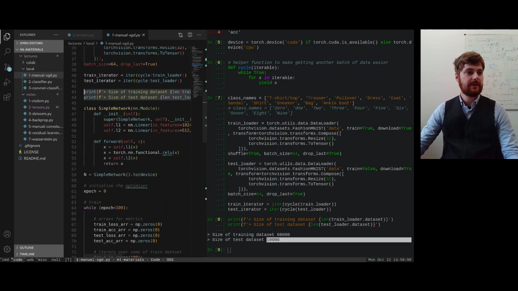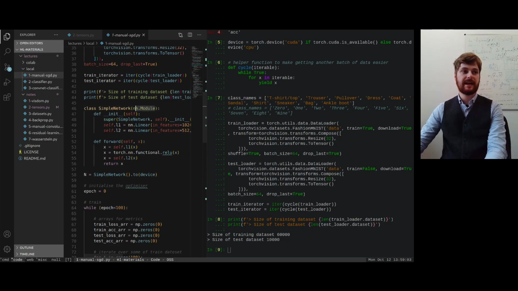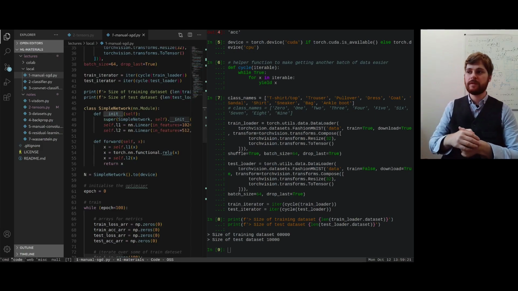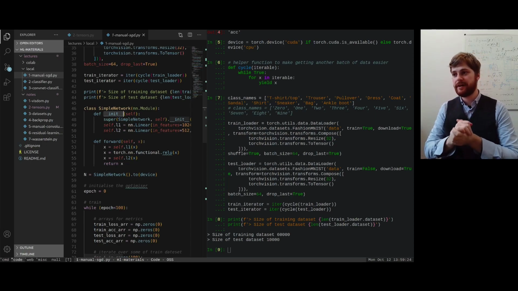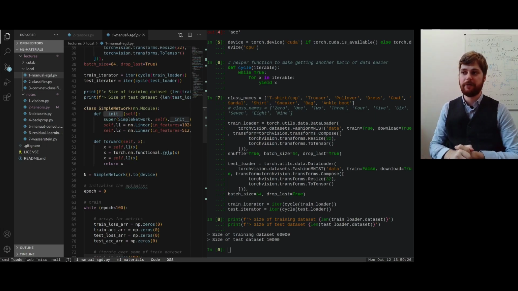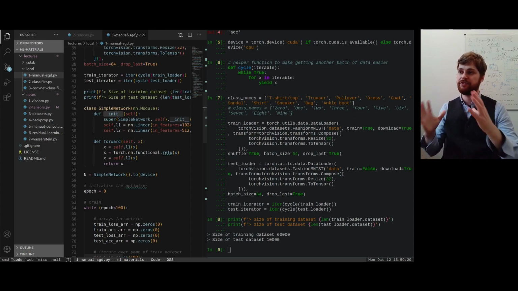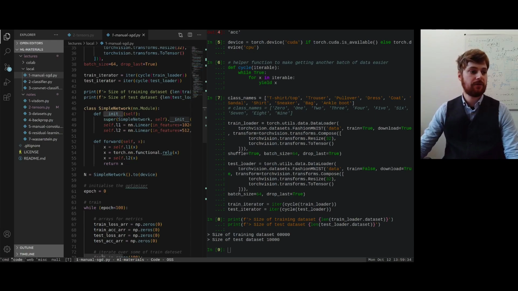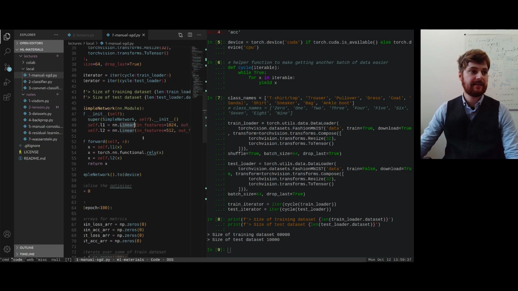So now we're going to define a very simple neural network, and this extends nn.Module. So everything that extends nn.Module, all these classes, you have two main functions in them. You have your init function, which initializes the neural network. And this is basically where you initialize all your parameters and you say what their initial values should be. So if you've got a deep neural network with convolutions, or a deep neural network with lots of linear layers, this is where you store all of those parameters and in what form they're stored. So in this case, we're going to store all of the parameters of two linear layers, so two fully connected layers,